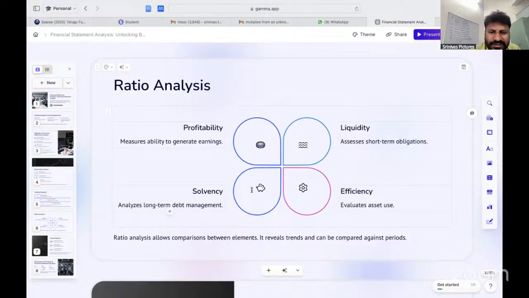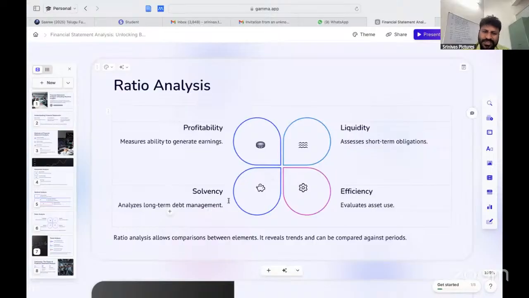And here we are going to talk only revenue related profits only, to know the position of the company. We are going to use liquidity ratios. Liquidity ratios talk about the assessment of short-term obligations. What is the liquidity position of the company? What is the current cash and what are the current payments of the cash? What are the current receivables of the cash? Whatever liquidity we are able to generate, that only we are going to talk.